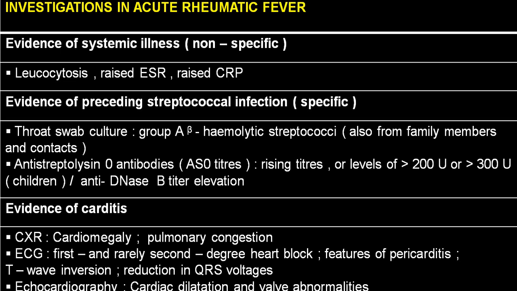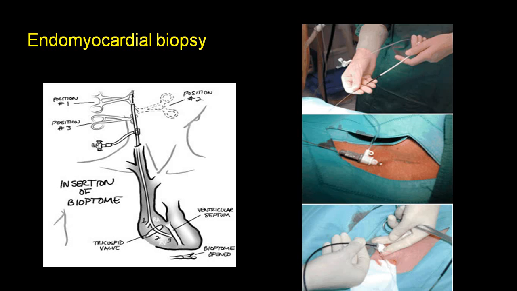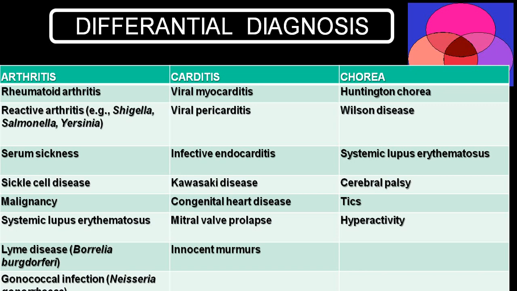We have already told you cardiomegaly, pulmonary congestion, signs of congestive heart failure, PR interval prolongation, or what we call first degree AV block. T wave inversion is not very significant. Even evidence of pericarditis you may see sometimes in an ECG, and echo shows cardiomegaly, valve involvement, etc. These are in favor of what we call rheumatic fever. So these are all the features which you can go through. I've already mentioned all. This is very rarely required. You require an endomyocardial biopsy, very, very rare, to demonstrate Aschoff nodules.